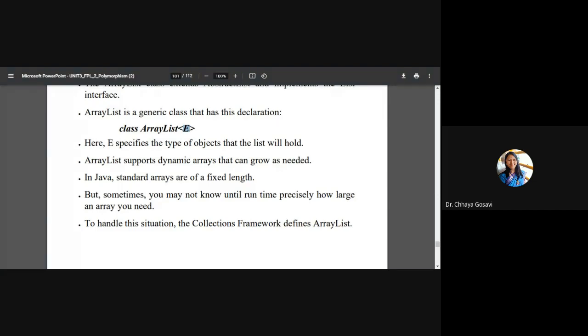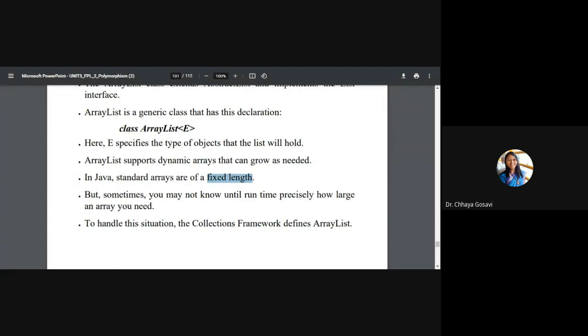In Java, standard arrays are of fixed length. We have studied arrays, and before creating any array, we have to mention the size of that array. How do we create an array? Integer a[] is equal to new integer, and in square brackets we have to mention the size. So normal arrays in Java are of fixed length. But sometimes you do not know until runtime precisely how large an array you need.